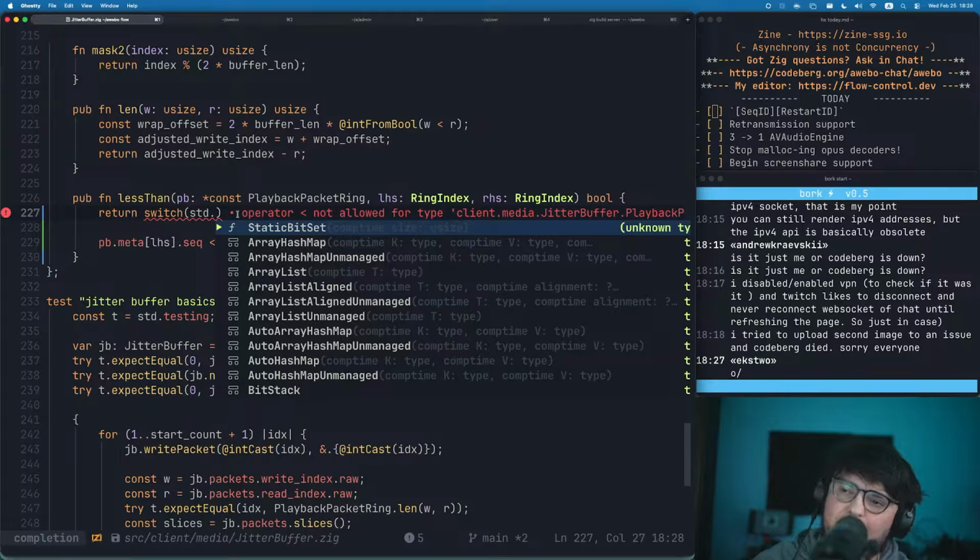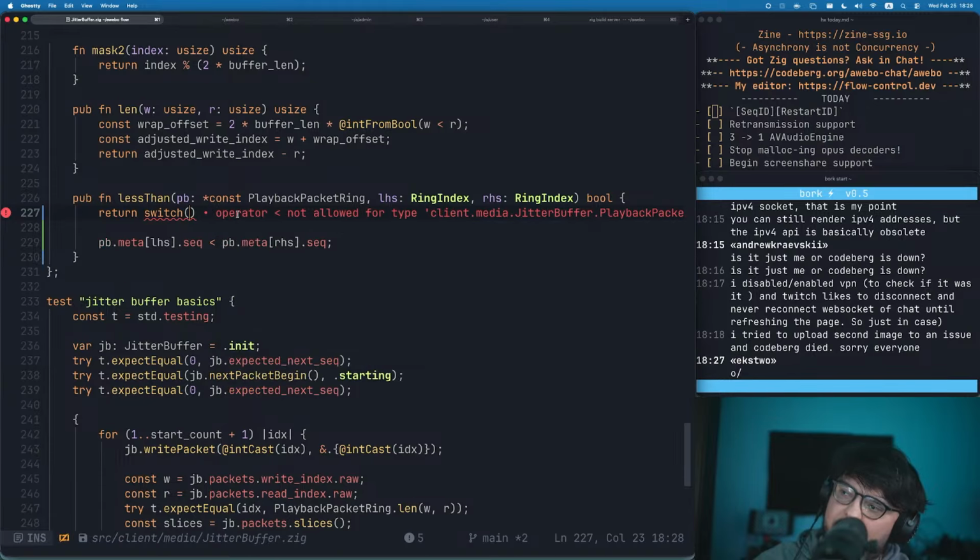I thought we had a compare function somewhere. They return less than, equal, or greater than. Well, time to write cursed ifs. So if